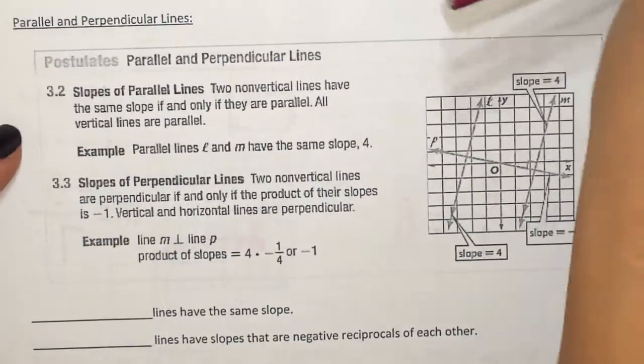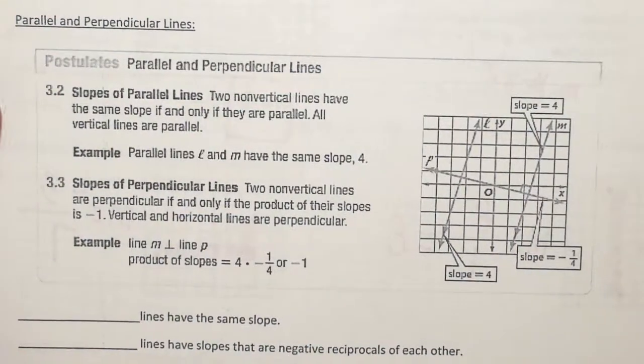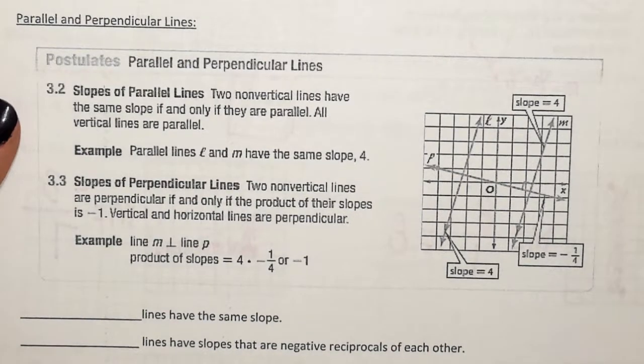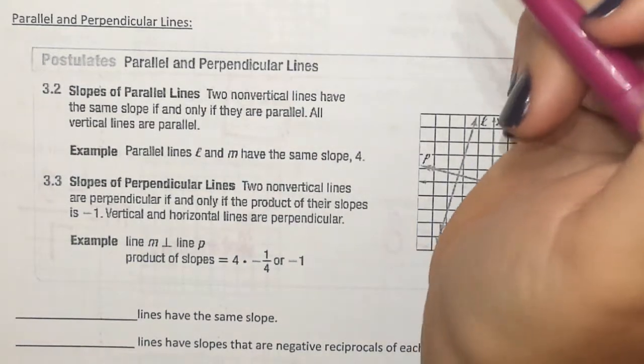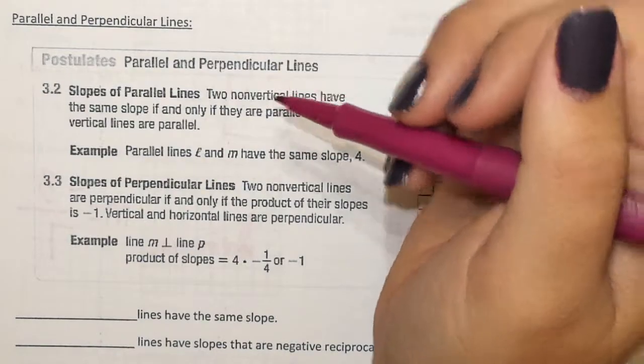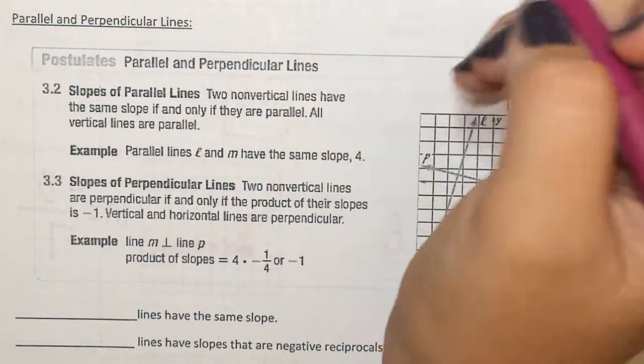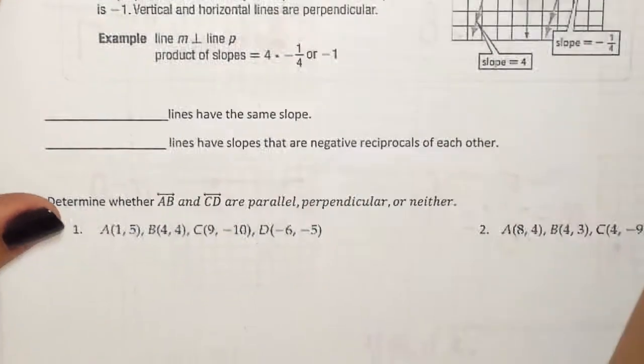So, I hate to tell you this, but all of that front page was just to set you up for what we really have to do. This whole thing isn't just about slope. Kind of, but we have to take it a step further. So what we're going to start doing is graphing parallel and perpendicular lines. So we're going to use slopes to determine whether they are parallel or perpendicular. So this first fill in the blank,